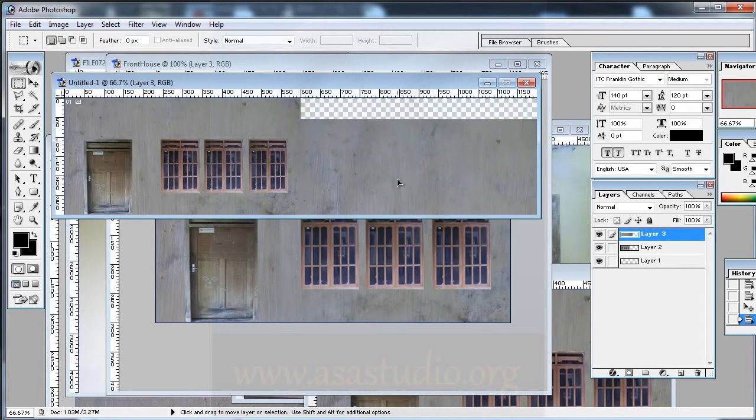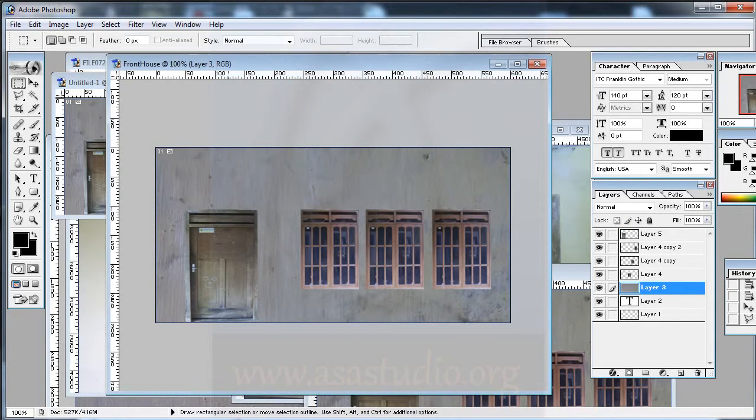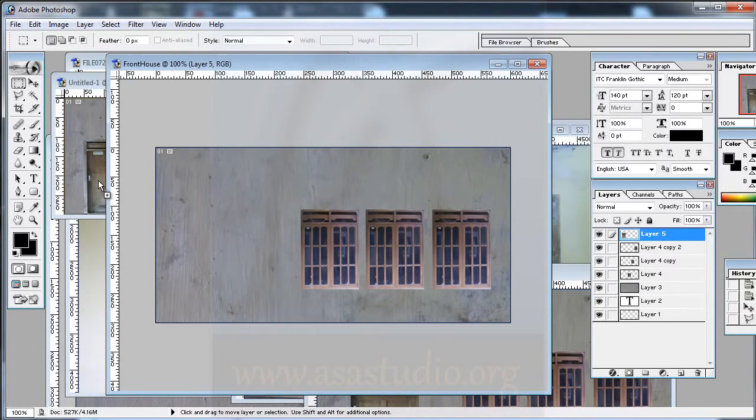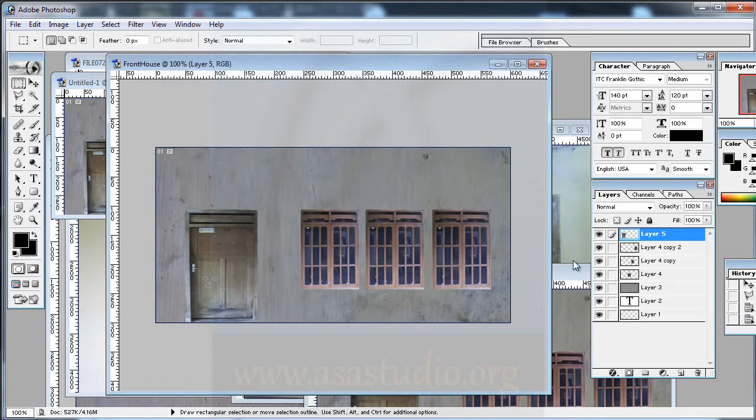Okay, now you have to like this, and maybe you select a door and drag to your project, and okay, maybe like this. And okay, maybe I need